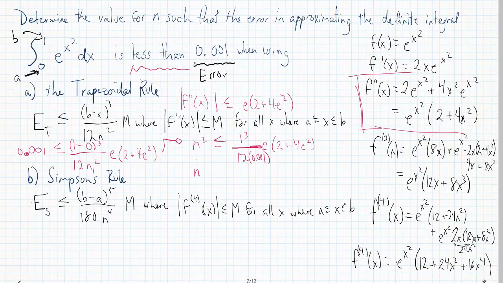With this, I said E of t is less than or equal to, which is the truth. But I want this error to be less than 0.001. So my apologies here. If I want the error to be less than that, we know the error is always less than this value with the bound. But I noticed that this could be the maximum of the error. And so in this case, I want to actually reverse this process